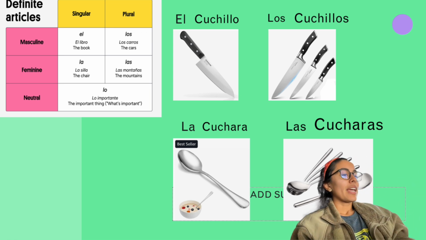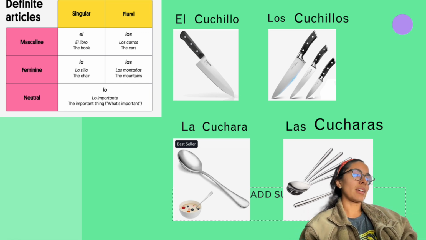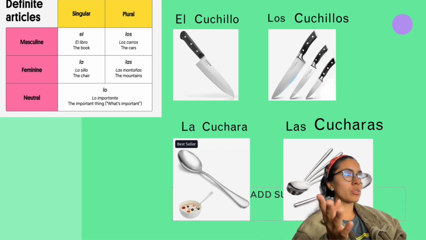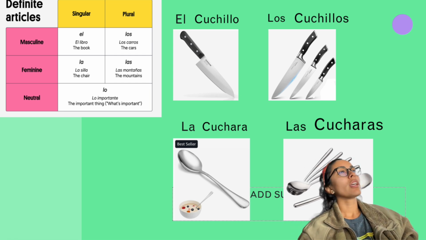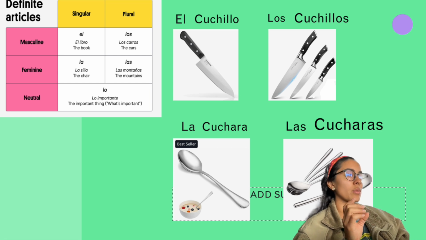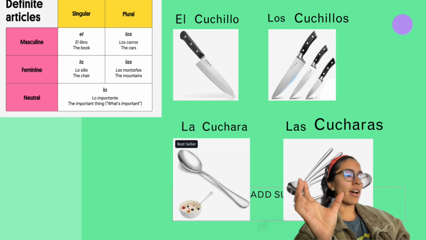Okay. Great. So, guys, basically, this is saying that this is only one because it's saying el cuchillo. This is singular. And then los cuchillos, I am referring to as many as they are. It's plural. In English, the knife, the knives. In English, the only thing that changes is one word doesn't have an S, and then the other word does have an S, right?